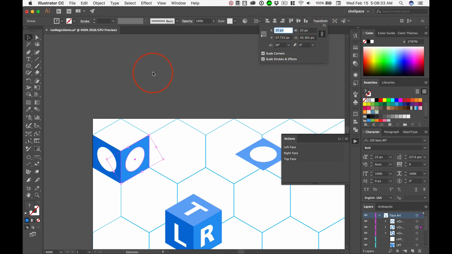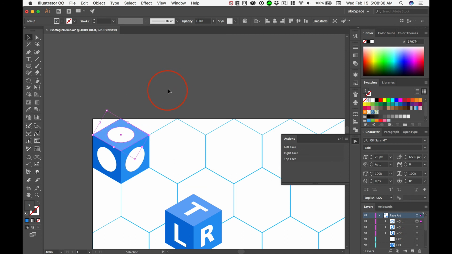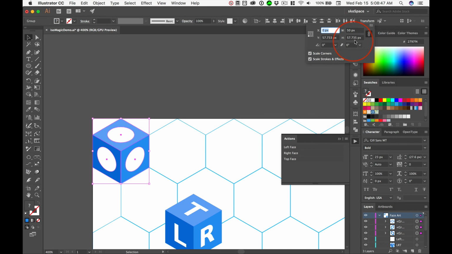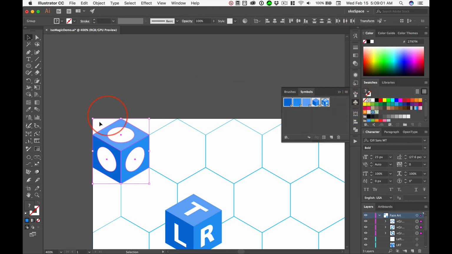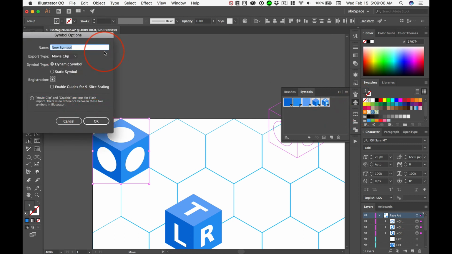When we do that, that's interesting. Let's see how this works. Pop that into position and check our transform. We'll select all of these and check to see if, okay, so we had some weird stuff going on. By repositioning it, we now have this cube perfectly sized, 57.735, and then we can click on the symbols and drag this baby in here, and now we can, I don't know,